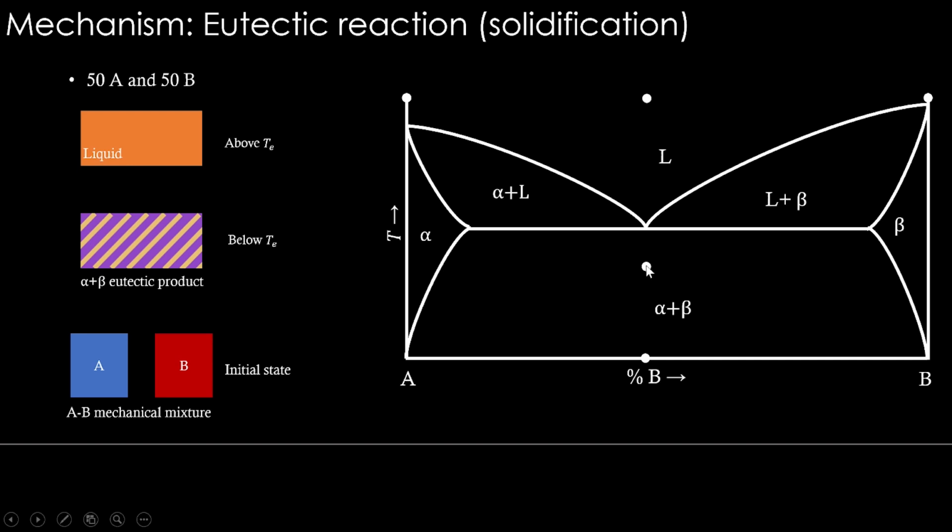In the phase diagram, we don't see this morphology. What we see is this point, and what we can conclude from the phase diagram is only that this point will have two phases. One will be alpha, one will be beta. The overall composition of the liquid is going to separate into two phases. One phase will have this composition, the other phase will have this composition. If we want to apply the lever rule here and calculate the phase fraction of alpha and beta, we can do that. We will evaluate some amount of alpha and beta. Right. So this diagram gives only this kind of information.